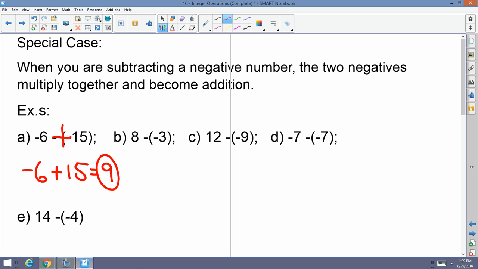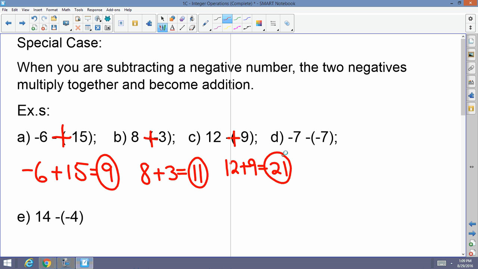9. 8 minus a negative 3 is really 8 plus 3 because a negative times a negative is a positive. So 8 plus 3, the signs are the same. You add and keep the sign, 11. 12 minus a negative 9. This is really 12 plus 9, which is 21, because when the signs are the same, you add and keep